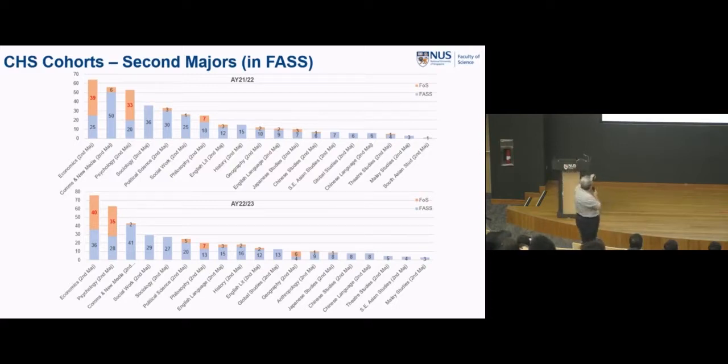And then what else are they taking? You can see they're taking new major, psychology, and so on. Yeah? So this is not something that is just, oh, we can let you have, but actually your seniors are actually doing it. You can see which one are the more popular ones that they're doing. Now, just because they are the more popular doesn't mean your cohort or you will follow them, yeah? You do what you want to do as well.